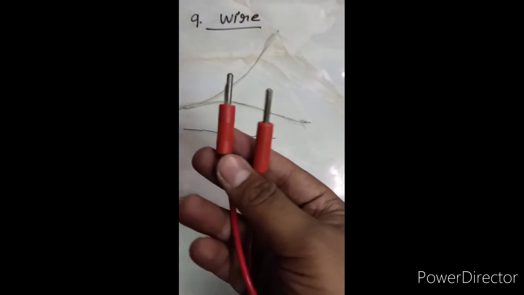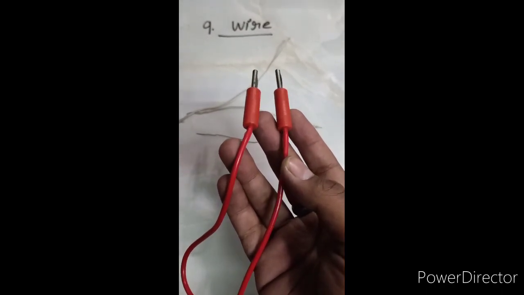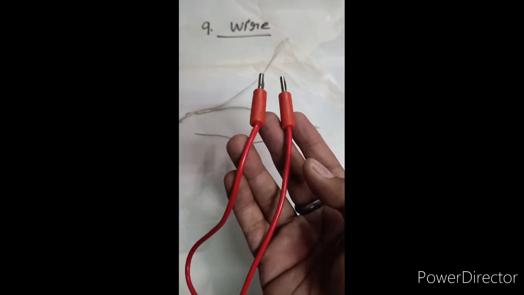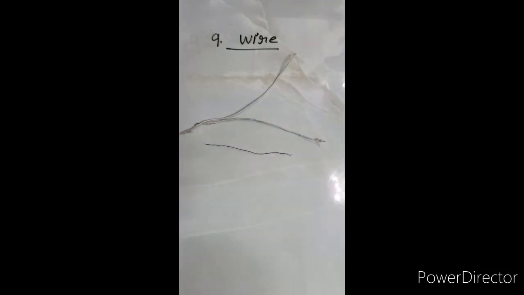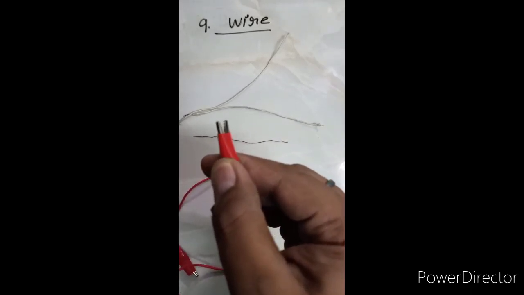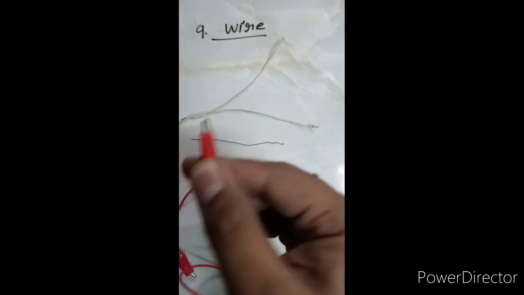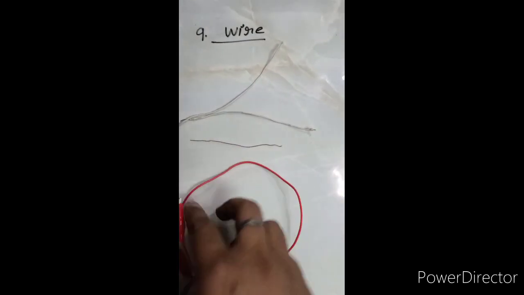And this is the plug wire. This is used for connecting the voltmeter, galvanometer, and various types of apparatus we use in the physics laboratory. It depends on the connectivity. I also prefer to use this wire because it reduces the time taken, because there is no need to remove the insulation, the plastic part, the thread part over the copper wire. That's why. So next is wire over wire.